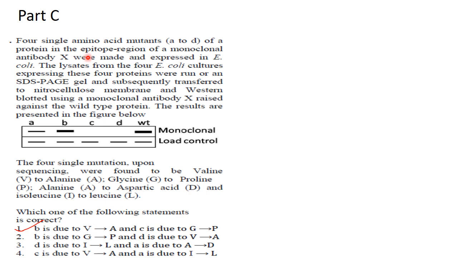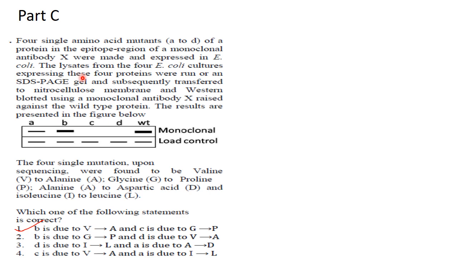So only then you will get a signal in your Western blot. Okay. So at the region where the antibody binds, they have made single amino acid mutants and expressed them in E. coli. The lysates from the 4 E. coli cultures. So they isolated the protein from these 4 E. coli cultures